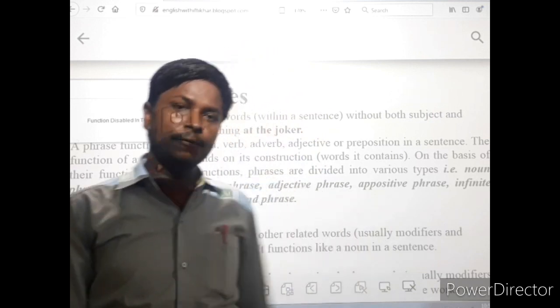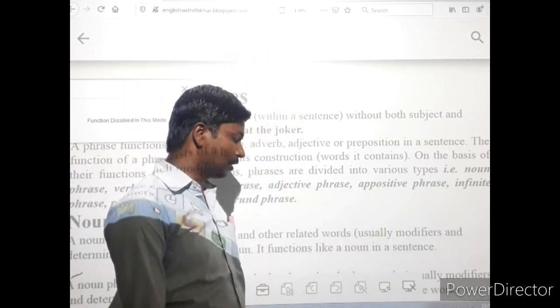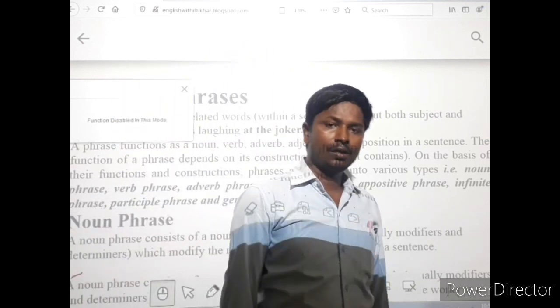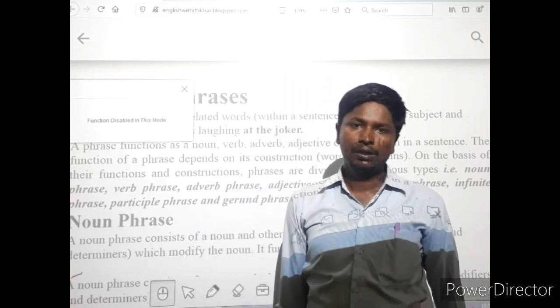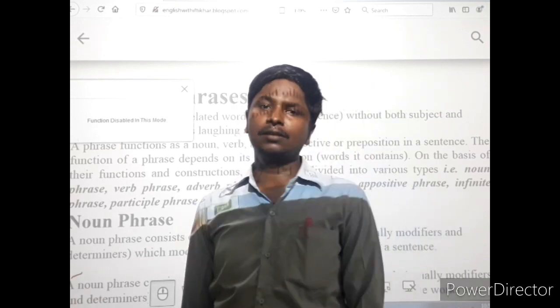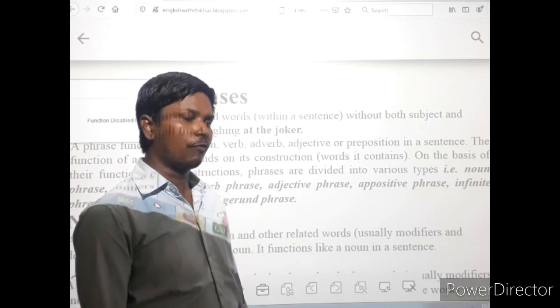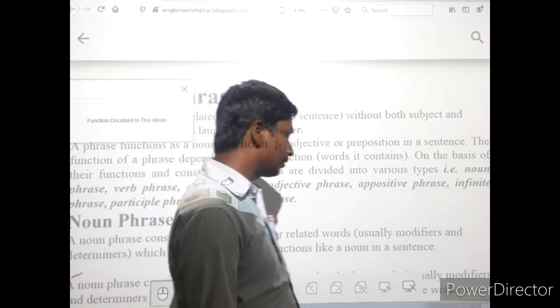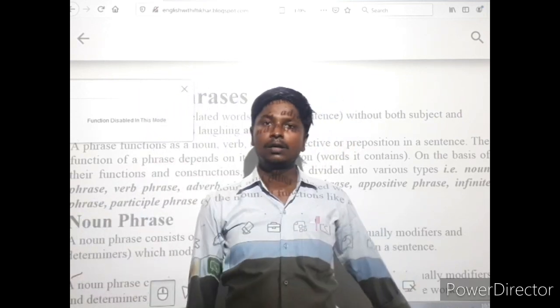There are three types of phrase in English grammar you have to study. The first one is the noun phrase, the second one is the adjective phrase, and the third one is the adverb phrase. According to the English definition, you can say: